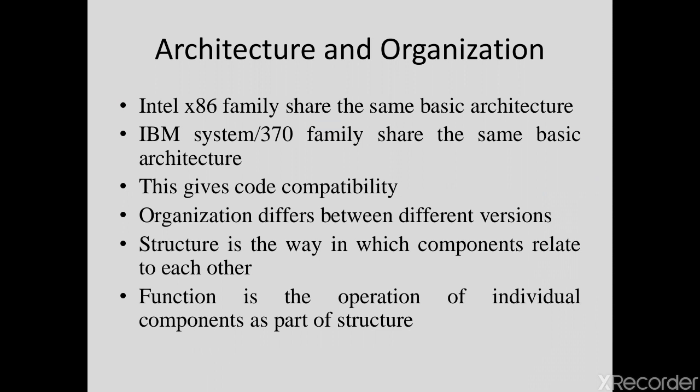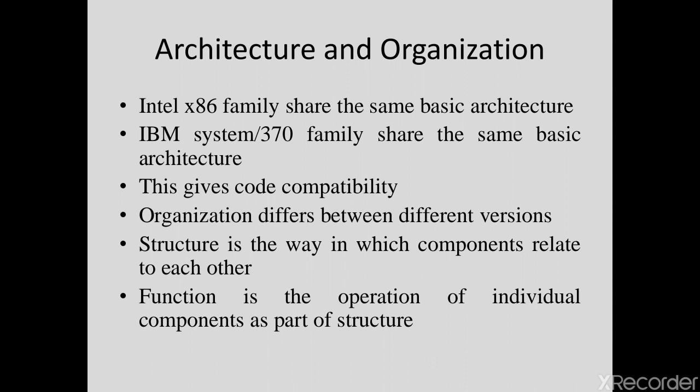So basically, the architecture of a common processor family, for example, the Intel x86 family, has two architectures that have been introduced in your course also, in module number 5, for IA32 and IA64 x86 processors. So IA32 is the basic architecture, and the subsequent upgraded versions of the Intel processors share the same basic architecture. So IA32, then IA64, then P4, 386, 286, etc.